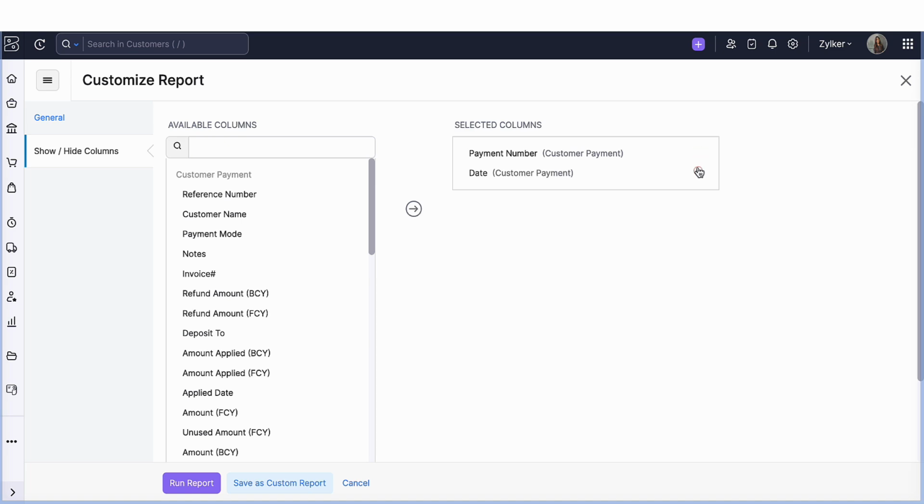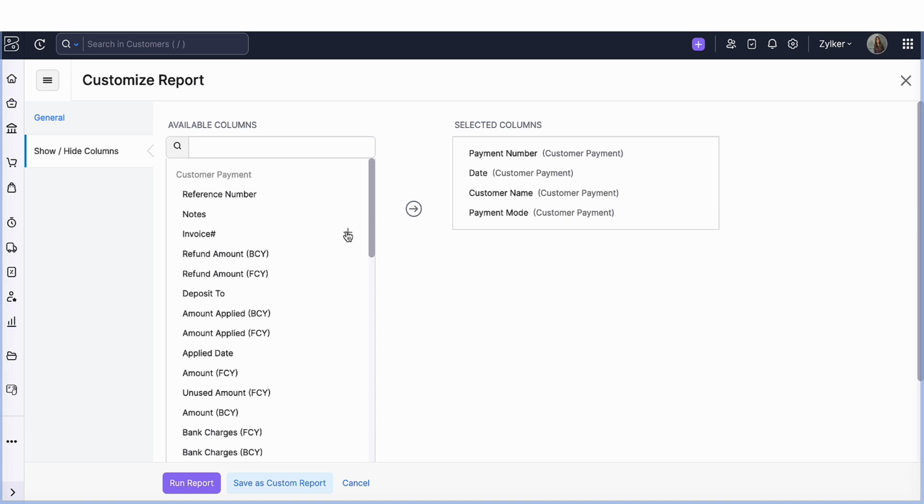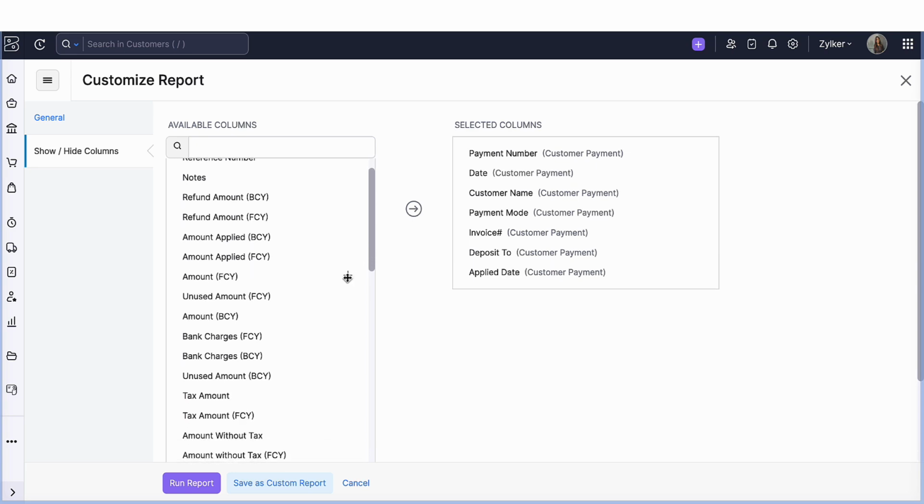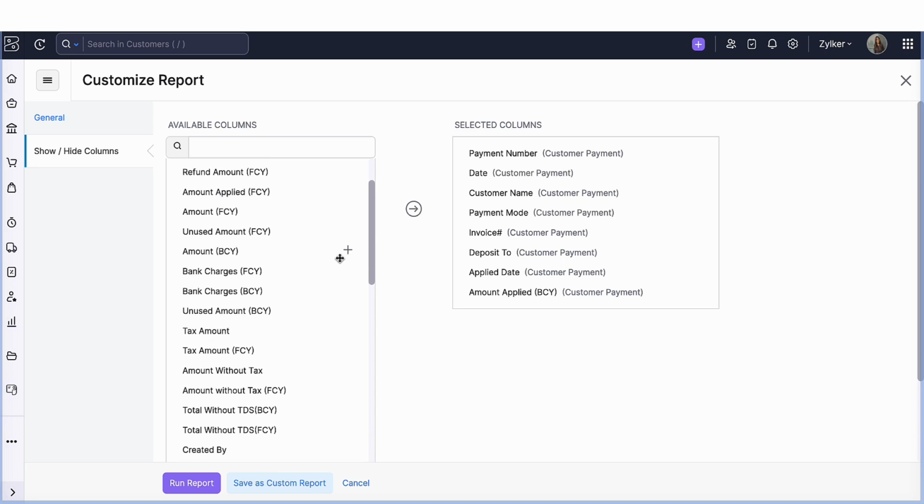Say, for example, if you want to start from scratch. So I'll start with the payment number, then I want the date and the customer name and the payment mode, and the invoice number against which I've received the payment, and what is the deposit to account, and the applied date, when was the payment applied, what is the applied amount, and say what is the amount that I've received in total